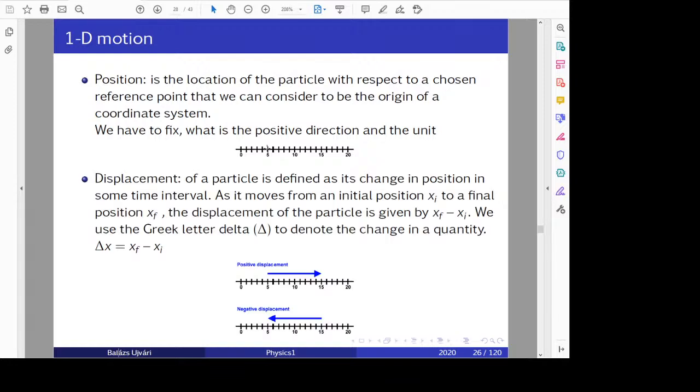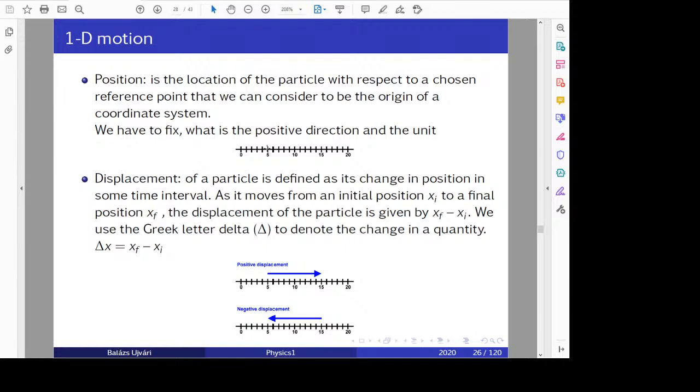How can I define the displacement? You remember, displacement is a vector. If we have a vector describing my initial position and a vector describing my final position, the vector of the final position minus the vector of the initial position is my displacement. For the displacement we use this capital